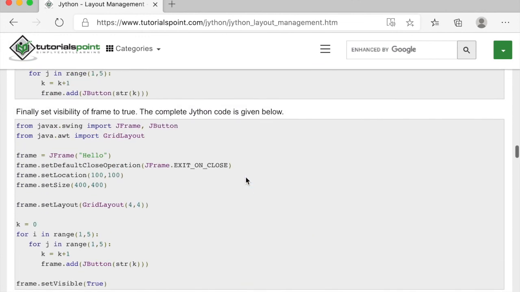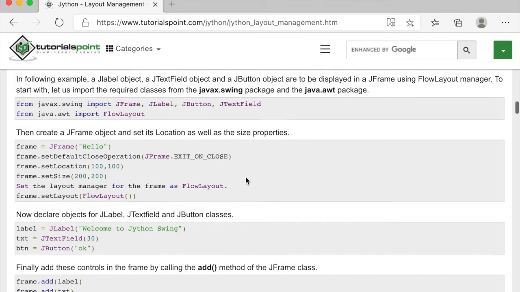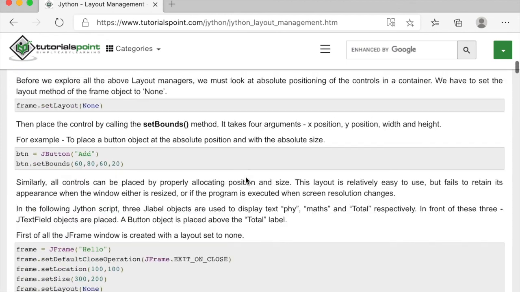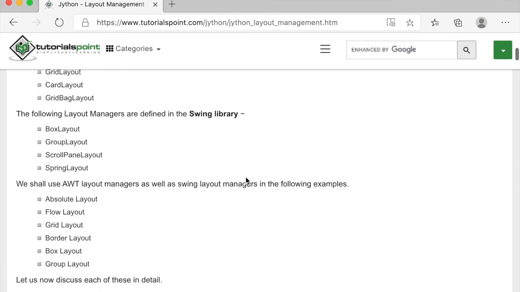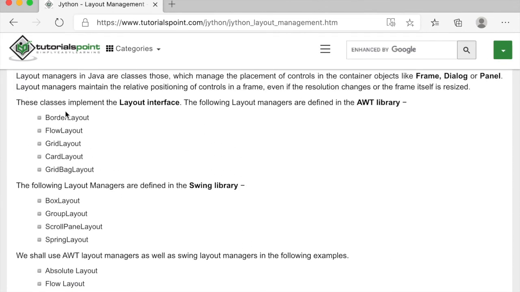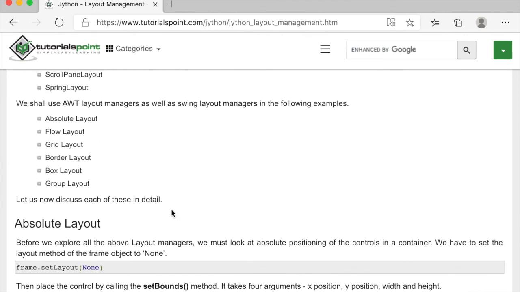I'll be implementing this layout in our tutorial series, but if you want a pure text based tutorial, it's a great thing to have. There are many layouts called BorderLayout, FlowLayout, GridLayout, and some others. So thank you, and see you in the next tutorial.